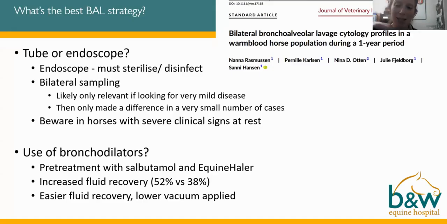But if you actually dig into the details a little bit, they were only looking at cases with really mild disease, and the outcome in terms of binary diagnosis was only different in a very small number of cases. So the conclusion actually really is that for most cases in practice, it's not going to be necessary to